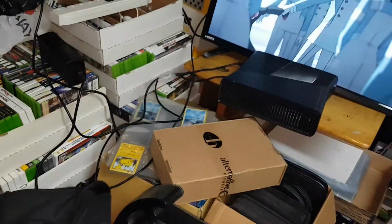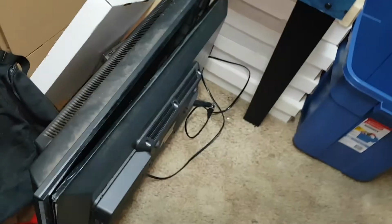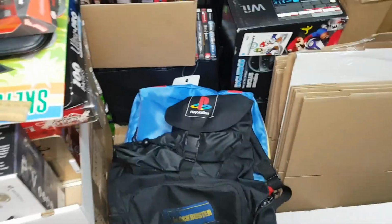So I think we're sorting the place today. We're going to do a, should we keep it or should we throw it away? Or should we try to sell it? So we're gonna go through these boxes here first, because maybe there's some cool things people want to look at,